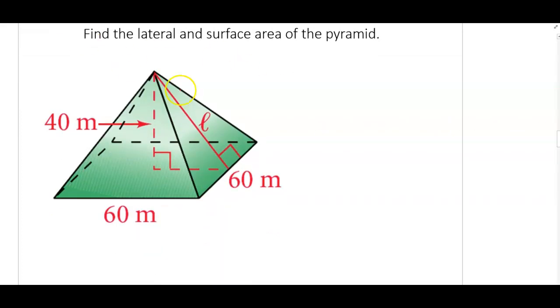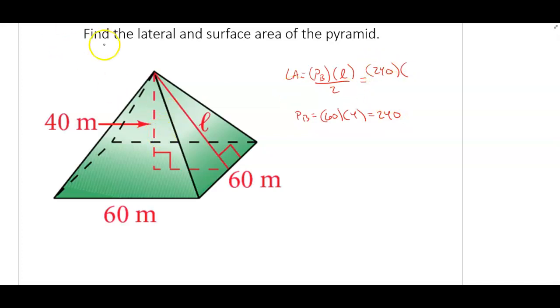So for this first example, you're given a pyramid. In order to find the lateral area of this, remember, I can find the area of one triangle multiplied by 4, I can find the area of each triangle and add them up, or I'm just going to find the perimeter of the base, find the slant height, multiply and divide by 2. So the perimeter of the base here would just be 60 times 4, which would be 240. So we would do 240 times